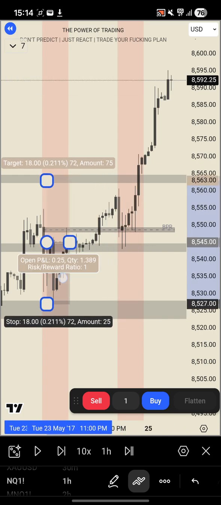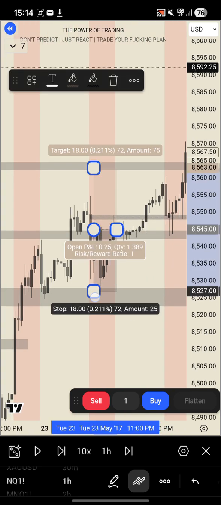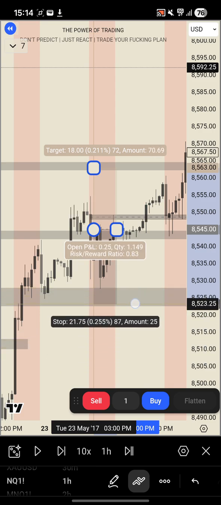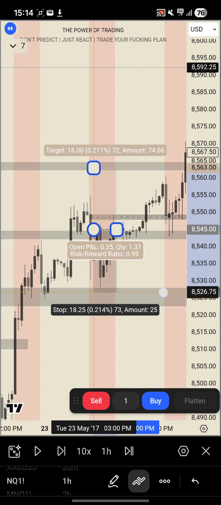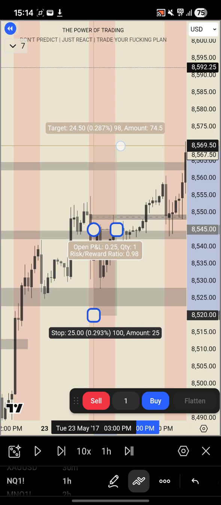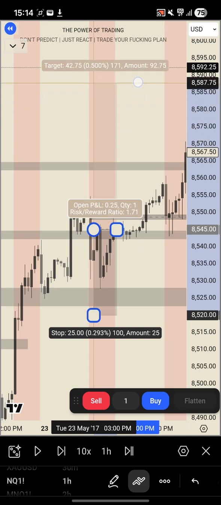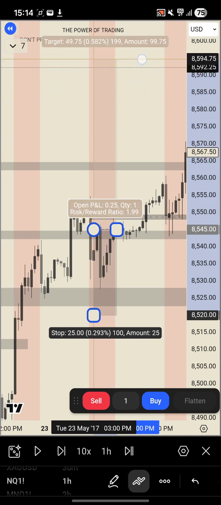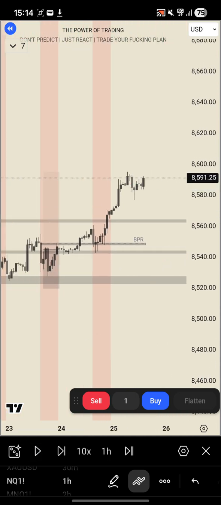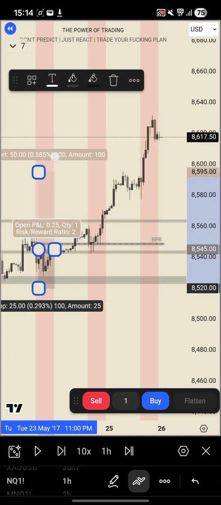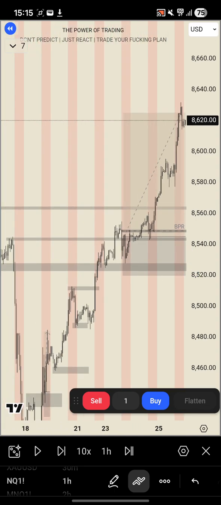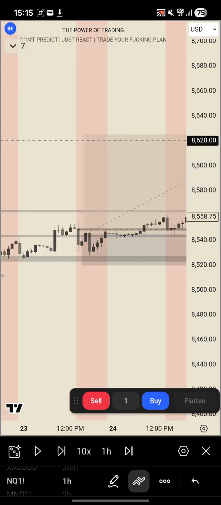Yes, we suffered a lot of drawdown here, but back in this day, 20 points is nothing. If I'm going for 50 points, it's all the way down here. So again, my stop loss is just below these swing points, or a 1-to-1 in this case. So let's just be conservative and say 25 to go for 50 points. Boom. If you're holding this on crypto, you're making your money. It's just a matter of patience. And yes, this trade could have completely backfired and stopped us out, but it doesn't matter.